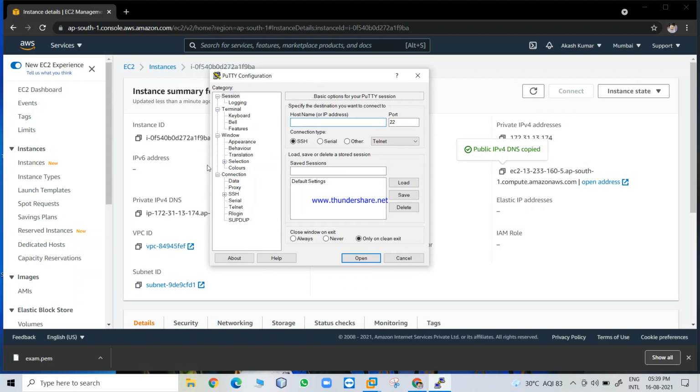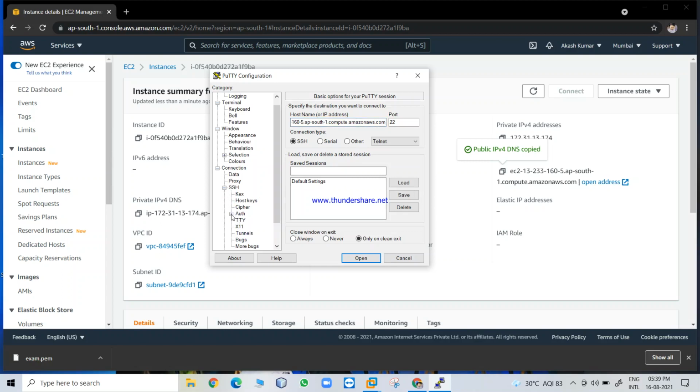Then we have to paste, where is it, in host name. Now here we can paste the IPv4 DNS that we copied. Just paste. Then we have to expand on the left side. We have to click on SSH.